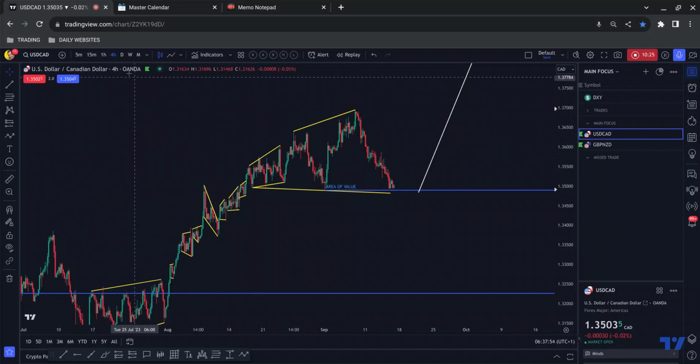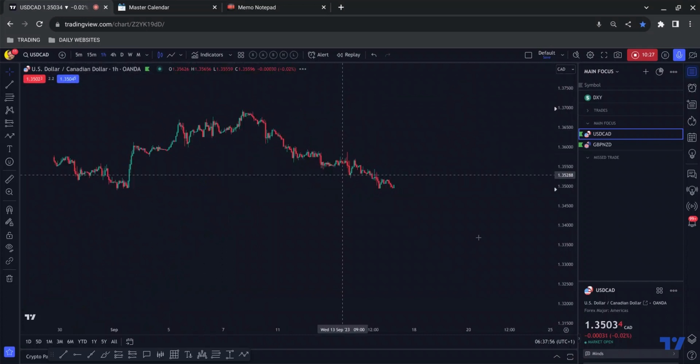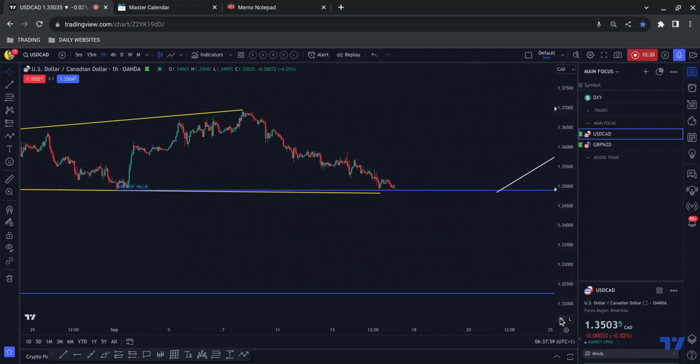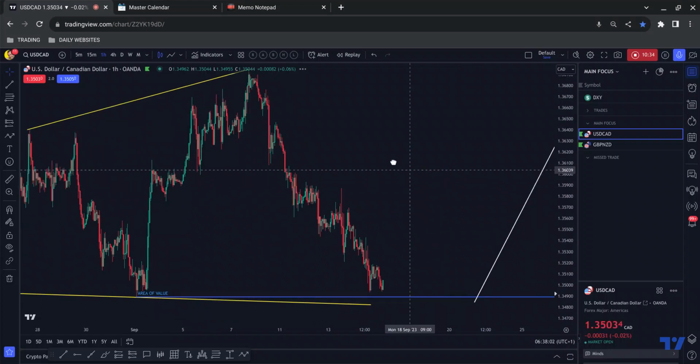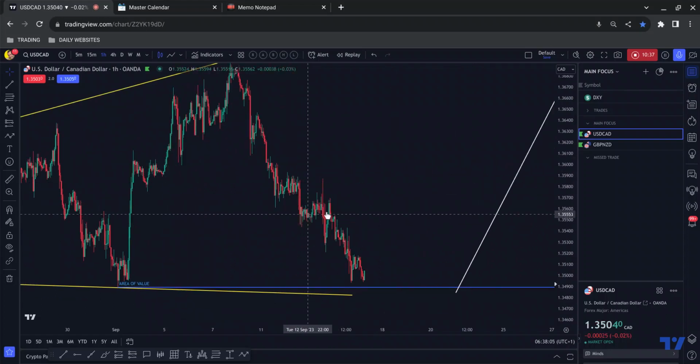Okay, another thing that stands out to me is, I mentioned this in yesterday's video, we have a lot of tight corrections. When we see these little tight corrections leading up to an area of value, that is usually indicative of people getting out of their positions. And what do we have here? We see this all the time. This kind of FOMO move where it gets close to there and doesn't quite reach it, and then the momentum comes in. And what we see in the majority of cases is it scoots back down. So there would have been some FOMO going on here, I'm sure.